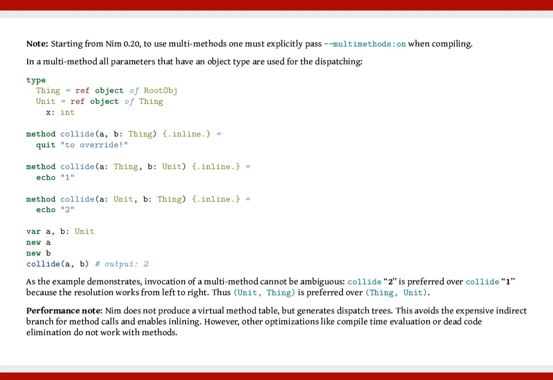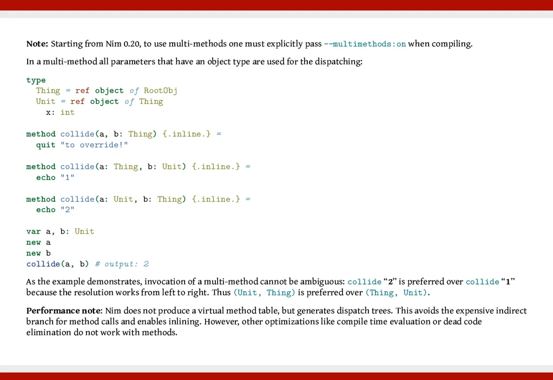type Thing = ref object of RootObj. Unit = ref object of Thing. x: int. method collide(a, b: Thing) {.inline.} = quit "to override!". method collide(a: Thing, b: Unit) {.inline.} = echo "1". method collide(a: Unit, b: Thing) {.inline.} = echo "2". var a, b: Unit. new a. new b. collide(a, b) # output: 2